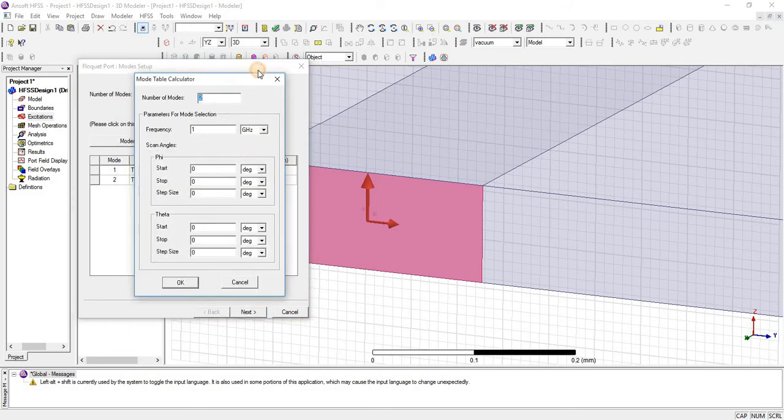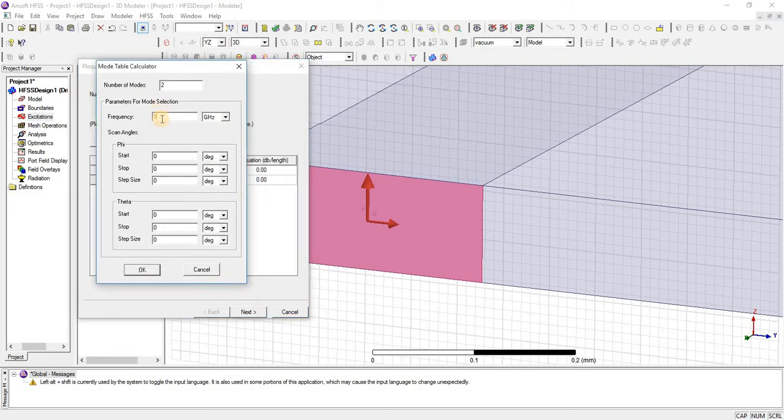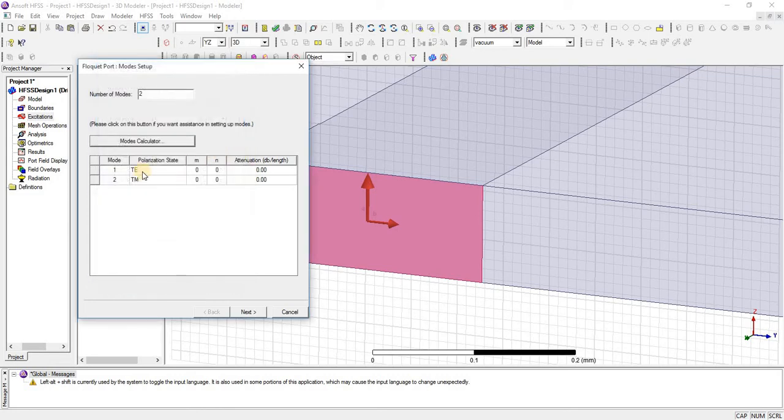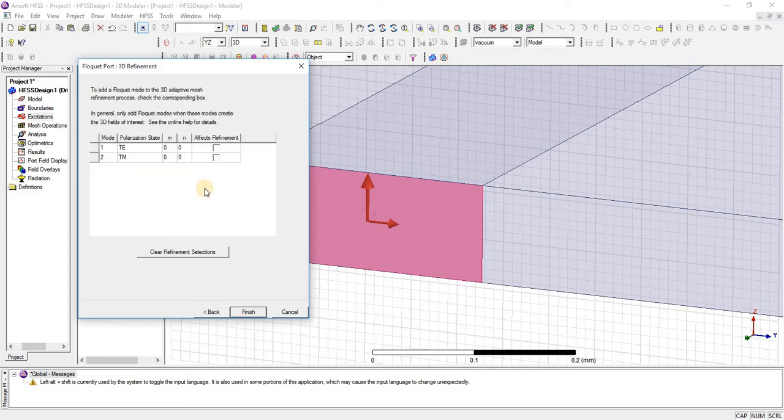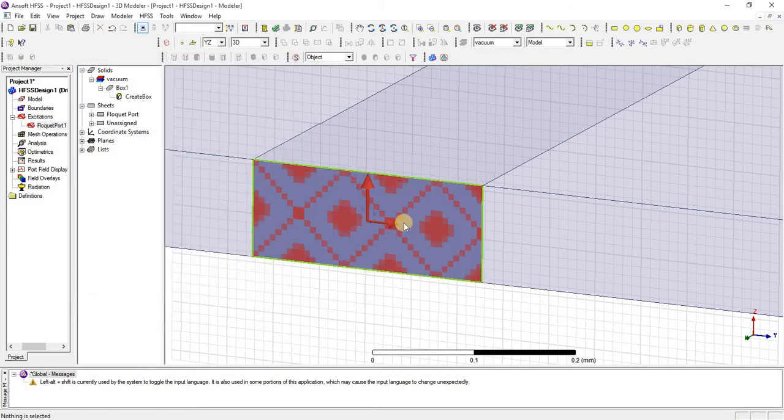You can also adjust them according to requirement and also frequency. Whatever modes you need, you can define that many modes for excitation. And here you can check whether you are assigning this port for TE mode or TM mode. Click on finish.